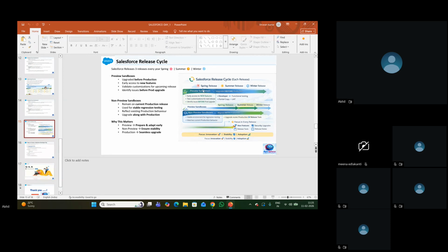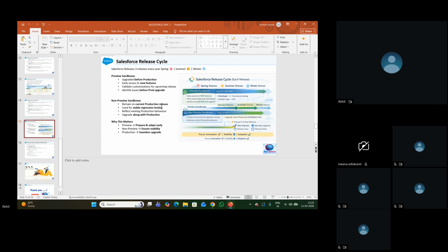In each release, we'll have preview sandboxes, upgraded before production, with early access to new features. So whenever a release is done, we'll have preview sandboxes to test the functionalities, with early access to new features for functional testing.